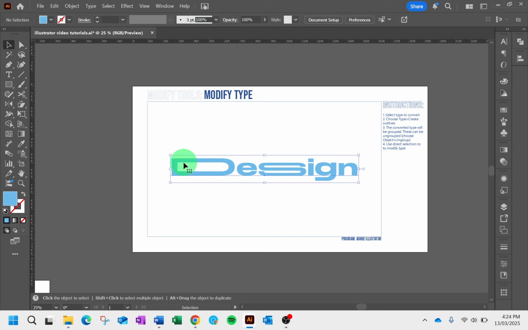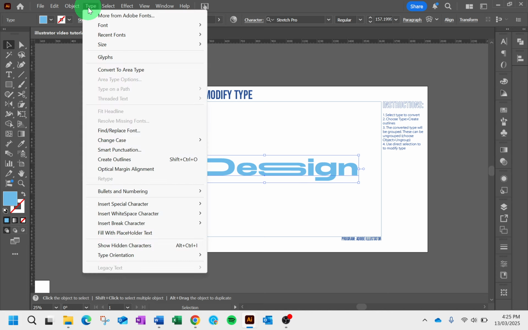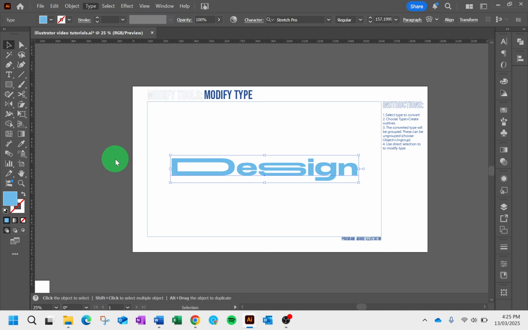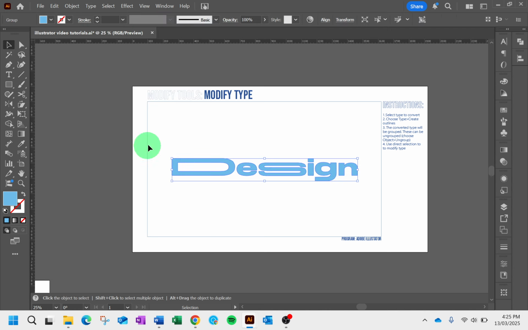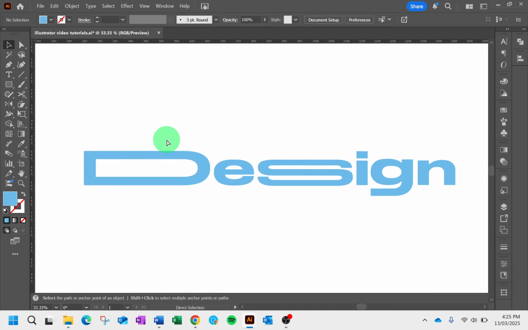So to do this, we need to select the type. You cannot have it highlighted for some reason, and then go into type, and then go to create outline. Now it is the shape of the letters, and so using the direct selection tool, I can select an anchor